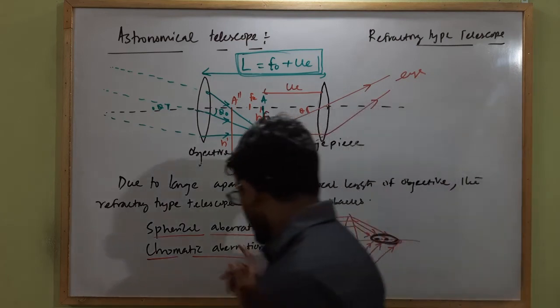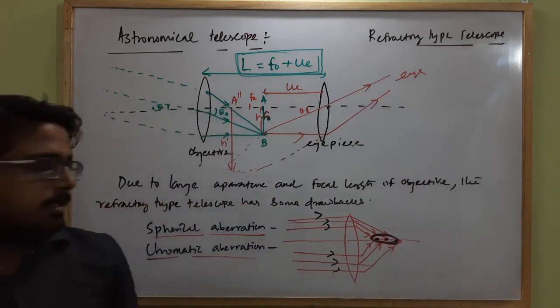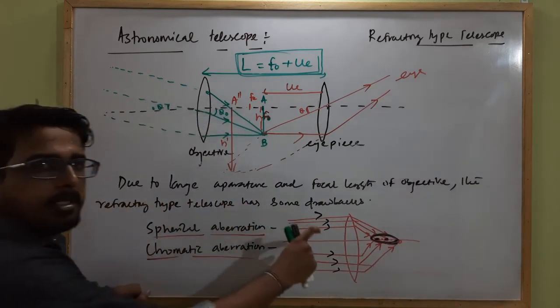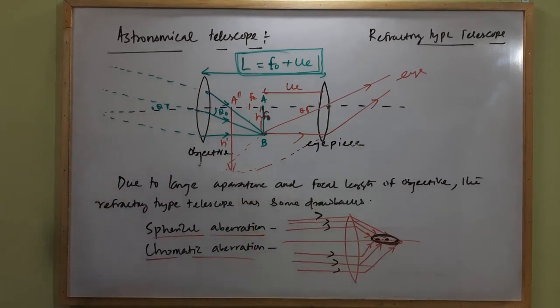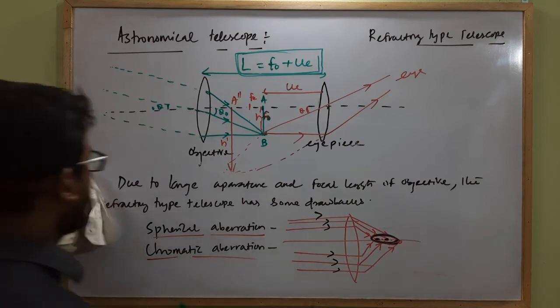And next is chromatic aberration. So what is chromatic aberration? Clear? What is spherical aberration? Due to spherical aberration, we will get a blurred image of the object. So what is chromatic aberration next? So in case of chromatic aberration,